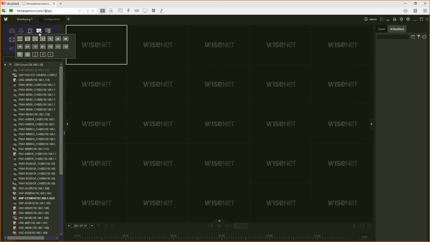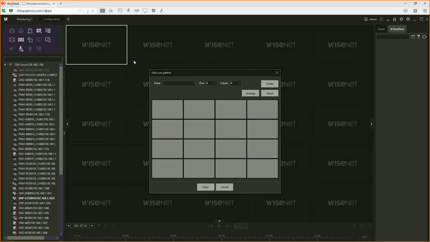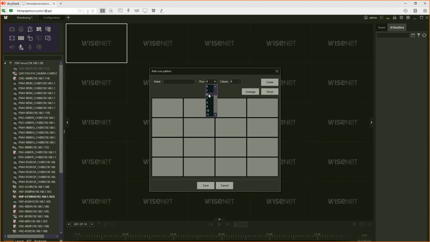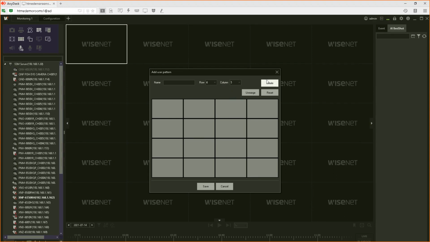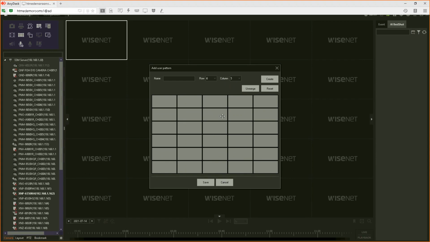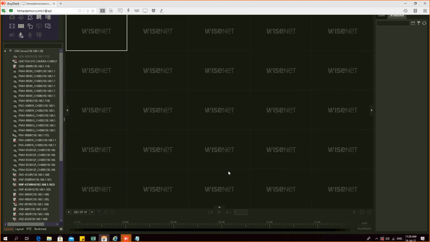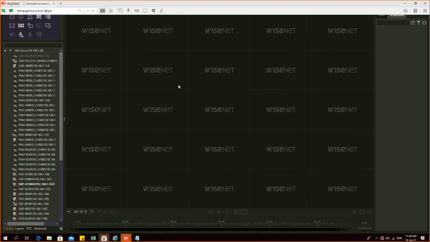There you can make use of these features and get your 26 cameras. You can probably make 6 by 6 and then merge some of these cameras, something like that, and try to get your 26 camera layout. So you can find ways to compensate for certain customized requirements.